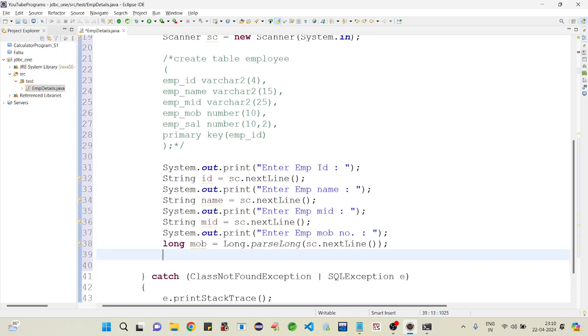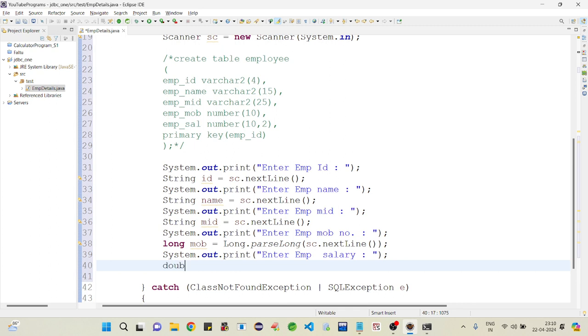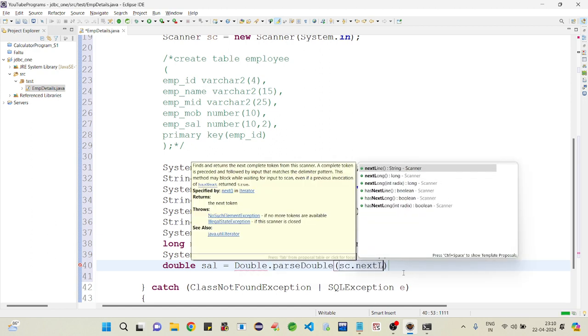Salary, enter employee salary: double sal equal to Double.parseDouble(sc.nextLine).